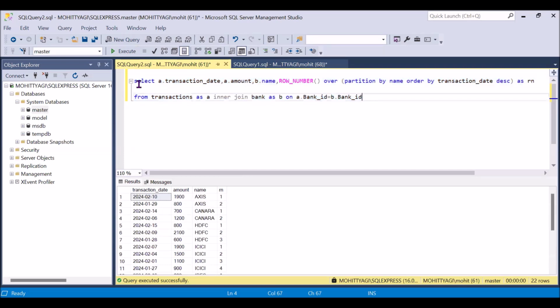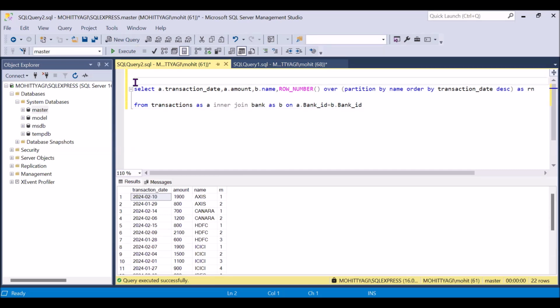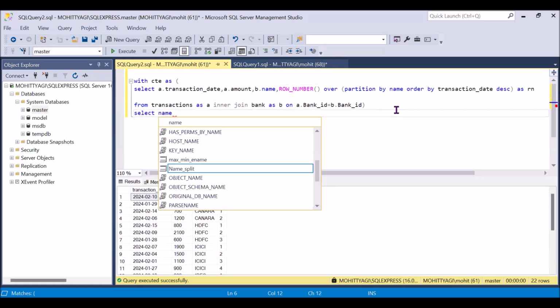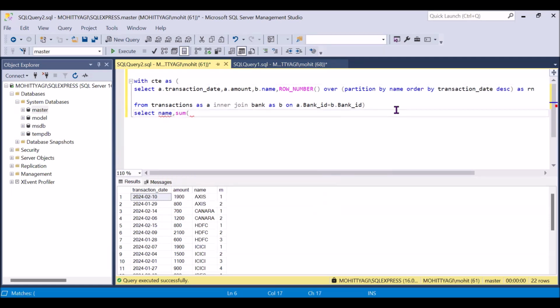Once we get that, we will take the first two records of every bank. To get that, we will use a CTE. Once we wrap this entire select query inside the CTE, we can further use the CTE table to get the first two records. So: with CTE as, close this entire query. Now we will use select name, sum of amount as total from CTE,